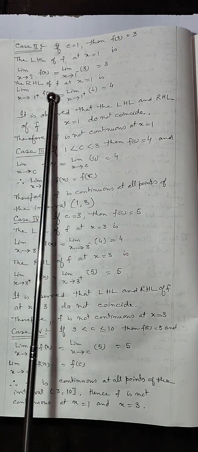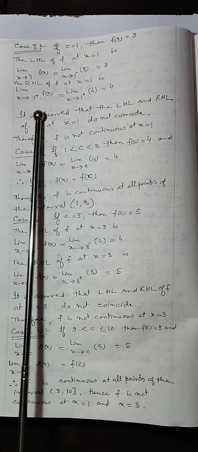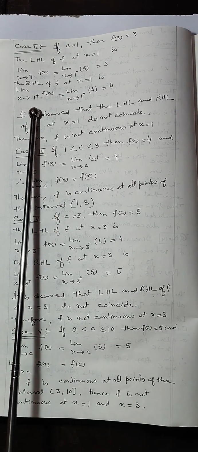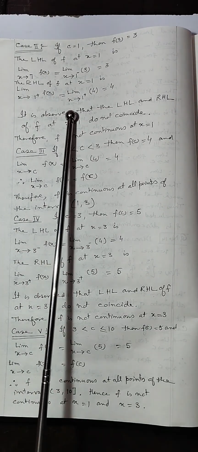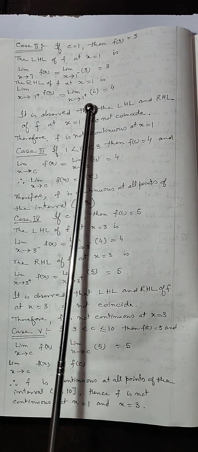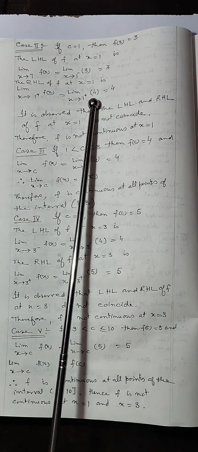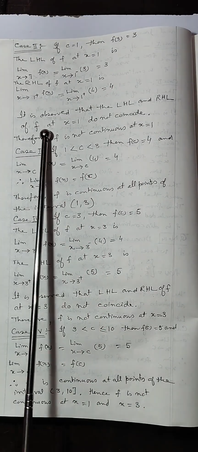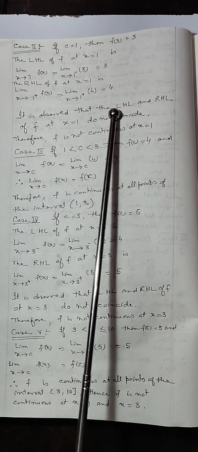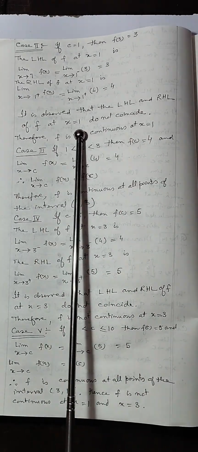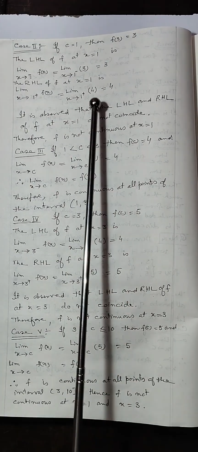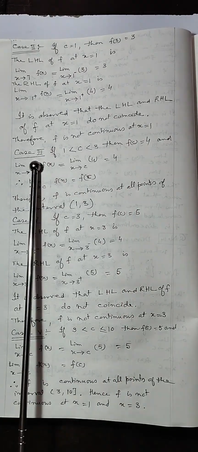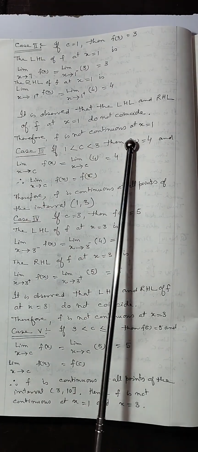नाउ द राइट हैंड लिमिट ऑफ द फंक्शन एट x इज इक्वल टू 1 इज limit x अप्रोचिंग टू 1 plus f(x), limit x अप्रोचिंग टू 1 plus 4. अब देखिए ऊपर जो आप क्वेश्चन नंबर में वहाँ पर दिया हुआ 4. Therefore, it will be equal to 4. It is observed that the left hand limit and right hand limit of the function at x is equal to 1 डू नॉट कॉन्साइड, देखिए अब यहाँ पर 4 आया है और यहाँ पर 3 आया है, कंसाइड नहीं कर रहा है। देयरफॉर फंक्शन इज नॉट कंटिन्यूअस एट x इक्वल टू 1।